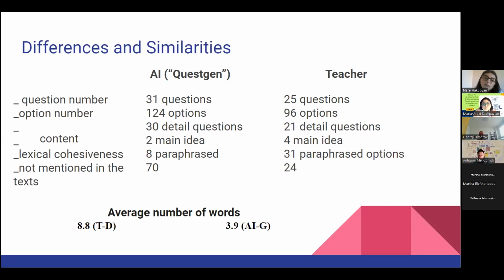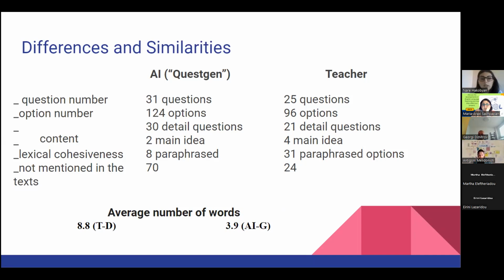Now, the comparative analysis of the items revealed the following. Artificial intelligence came up with more questions than teacher designed tests. And what is also noticeable is that artificial intelligence also came up with more distractors. It was less in the case of teachers, considering that sometimes teachers came up with only 3 options, and one of them would be all of the above or not mentioned, or even not given. So in terms of the number of the options, it seems that artificial intelligence was quite